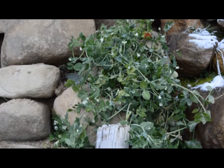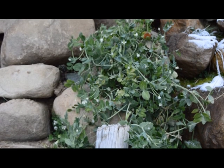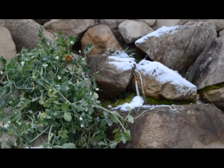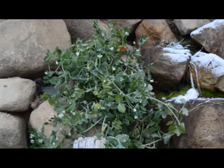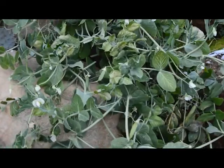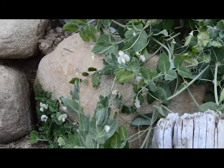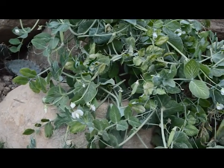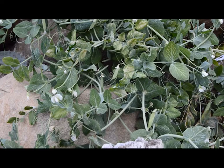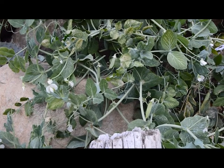But the flowers, they're new, fresh, growing flowers with no protection other than the greenhouse itself. And if you look just to the right of it, there's snow coming in, hitting these rocks from a little hole in the roof. But the pea plant still has pea flowers that are blooming. They're blooming fresh right now. So that is pretty awesome. So there's enough warmth to keep this pea plant from dying. I mean, it does freeze here at night along that rock wall on the super cold nights. So it'll be interesting to see what happens in the next few days with